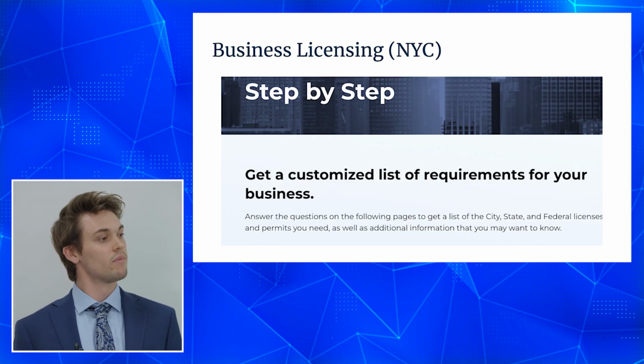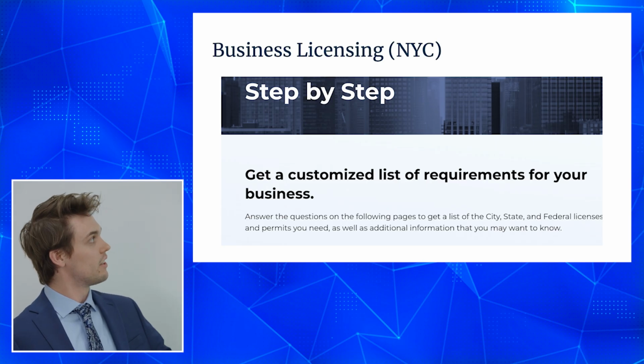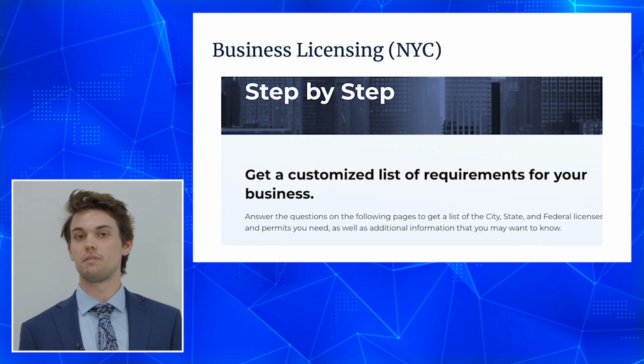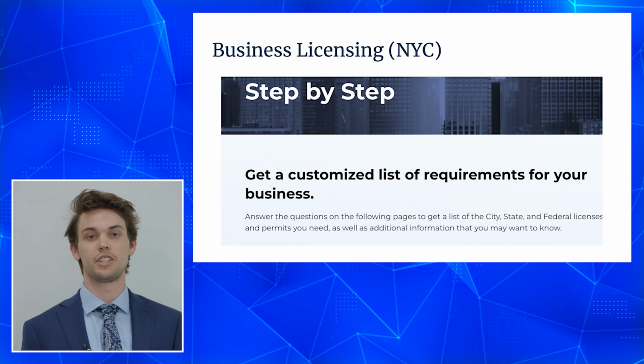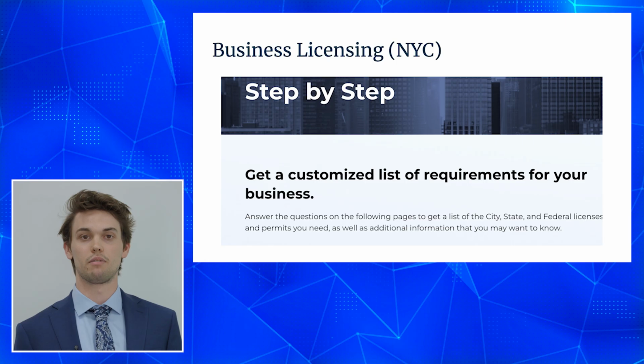So as I mentioned, the business licensing that you're going to need is going to vary greatly based on your industry. In order to look for it in New York, you can Google New York City Business Licensing Checklist, where you'll be able to go onto the government website and you'll be able to find a page like this, where from here you'll be able to put in all the specifics about your business, what type of industry you're in, what type of equipment you're using, and it will give you a list of all the different licenses or permits that you may need.